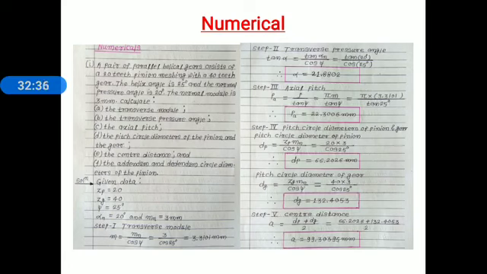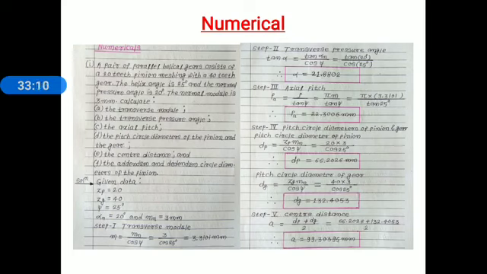Next thing, number 5, center distance. Center distance is given by letter A, and it is given by the expression normal module divided by 2 cos psi inside the bracket zp plus zg. Now substitute the values. Normal module is 3 divided by 2 into cos 25 degree. Number of teeth on pinion 20. Number of teeth on gear 40. Now simplify and we get the center distance, and the value is 99.30395 millimeter.